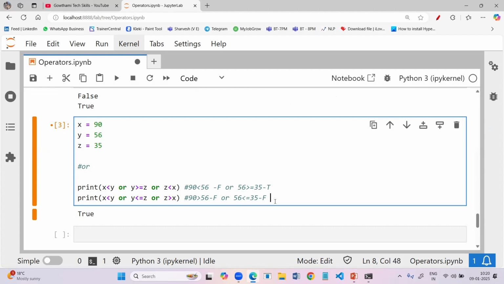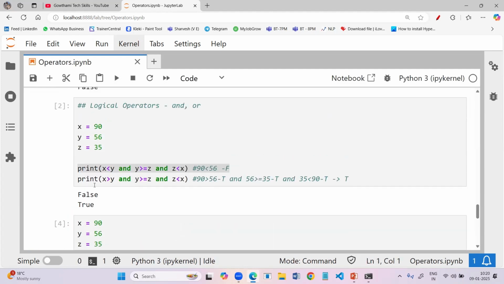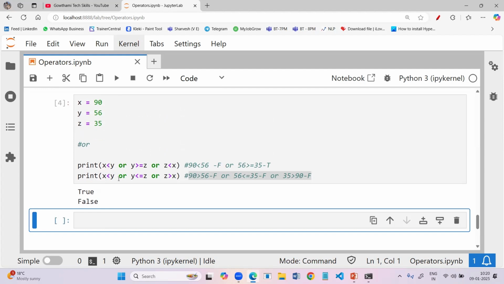Still, we have one more condition, we will check that also. The value of z here is 35, greater than the value of x, which is 90. So this is also false. When all the conditions are returning false, the complete condition will return false. This is what the AND operator and OR operator do.